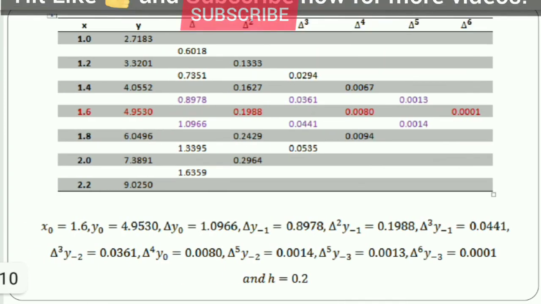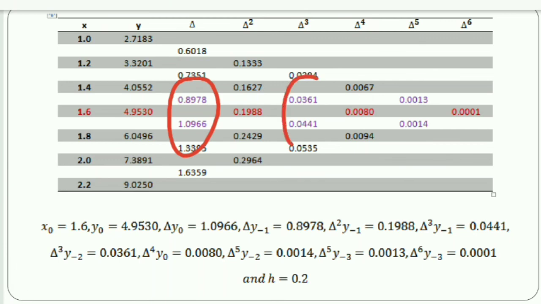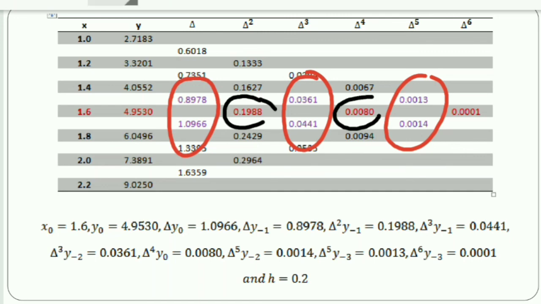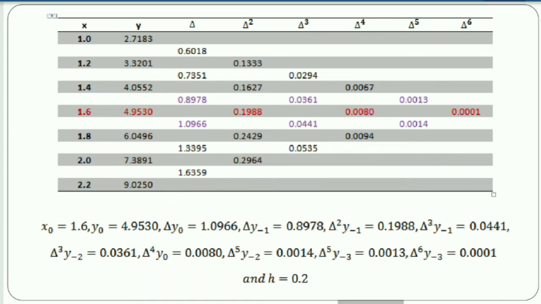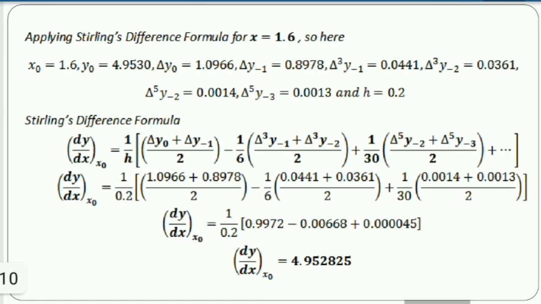You can notice it in the table also. Okay, see these purple values, these values are needed in the dy by dx calculation, and these values are needed for the d square y by dx square calculation. Okay, this is all I am telling you. I am just giving you a helpful pattern to mug up these formulas, so that you can go for the easy solution.